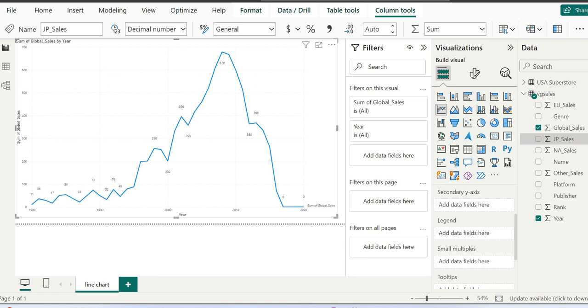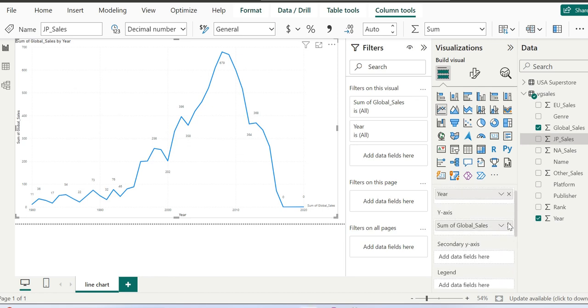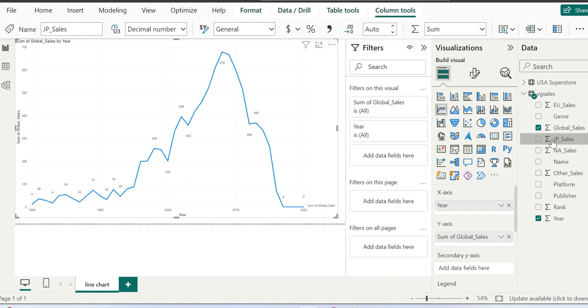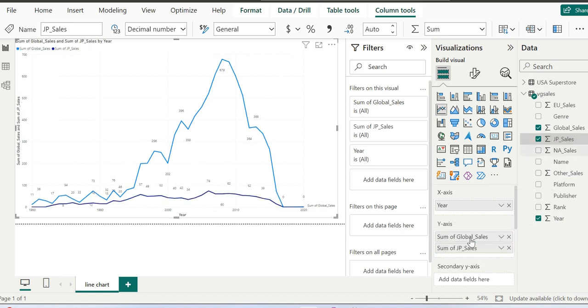This visualization will have two series: one for global sales, which we already have, and another for Japan sales.